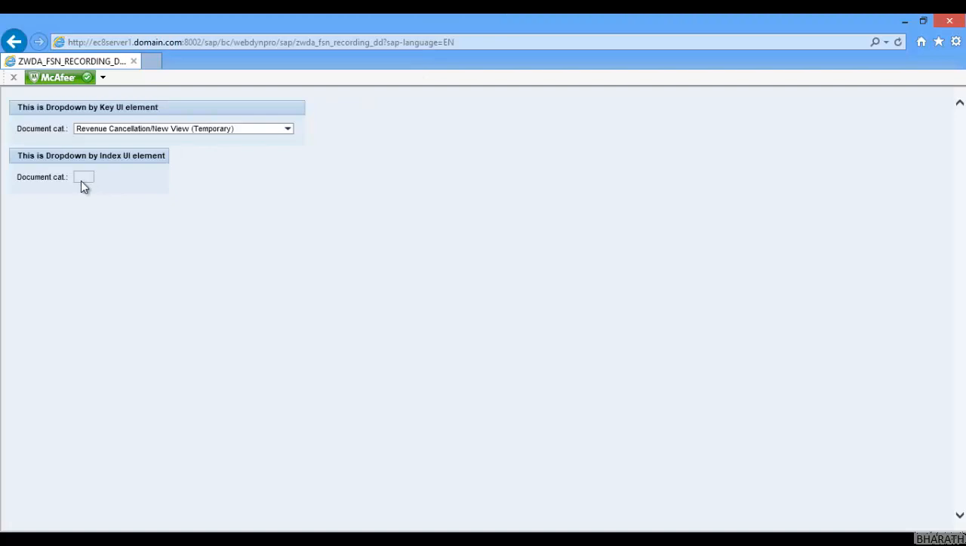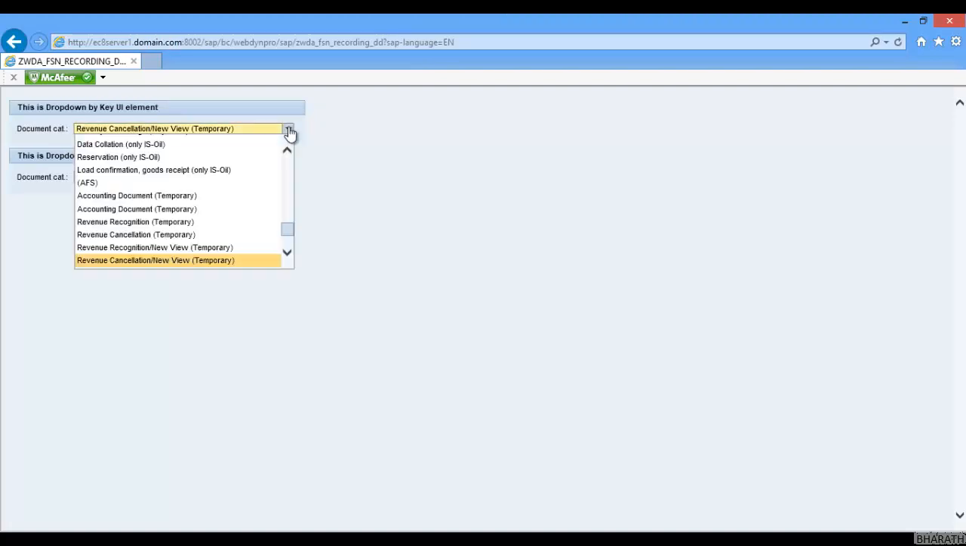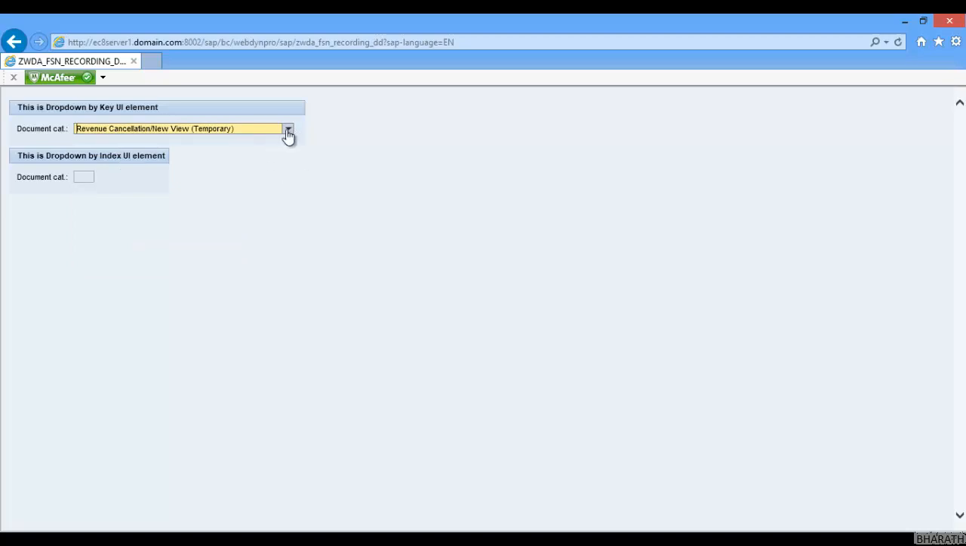See, it is not displayed anything, it is displayed. So it means the differences that I've told you are working now. So this is drop down by key UI element. Fixed values are displayed automatically, but here I have used the same type, but fixed values are not displayed